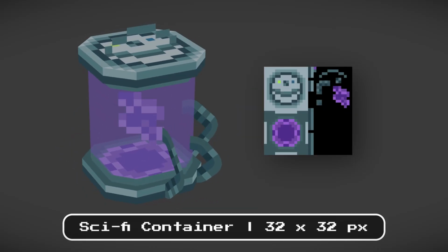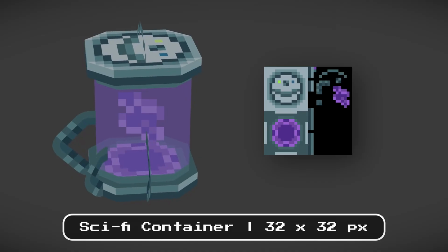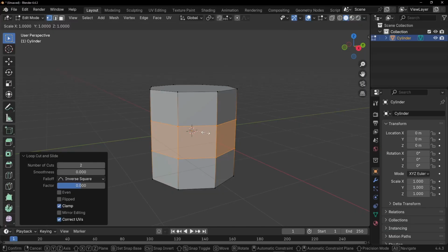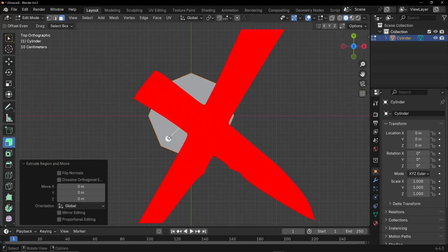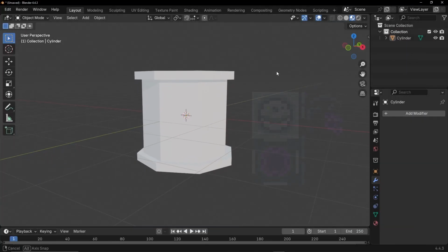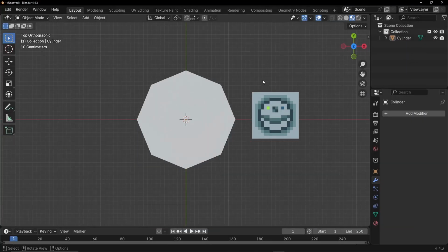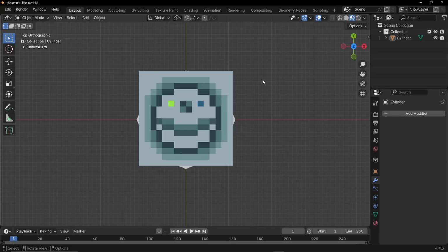Up to this point I've been creating the model first, then the texture. But this time I did the opposite and completely changed my process. Instead of visualizing the model, I tried to visualize it flat into pixels first. I started with the most important face that required the most amount of detail, which would be the top of